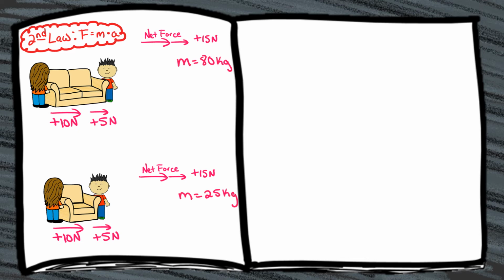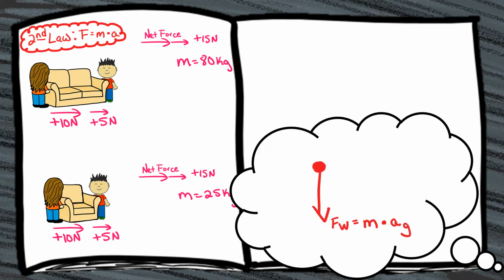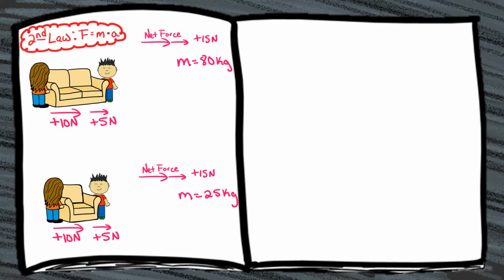That's right, Alex. We know the mass of both of these objects, 80 kilograms and 25 kilograms, which means that we just need to solve for acceleration for both. Now, could we use gravity in this case? You got it, Alex. Acceleration due to gravity is only used when we look at vertical components of force, not horizontal, which is why we need to solve for acceleration using Newton's second law formula, in which we must move